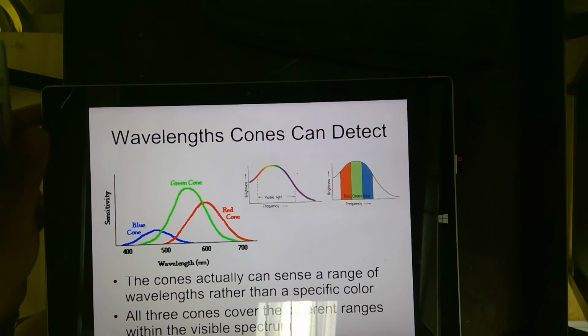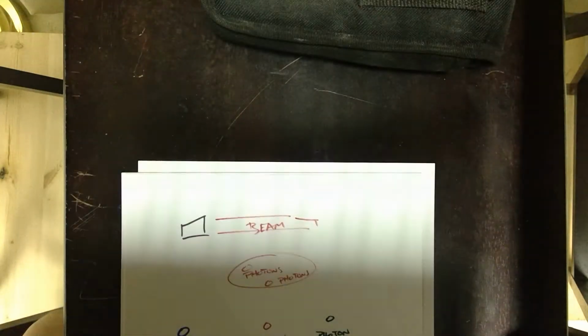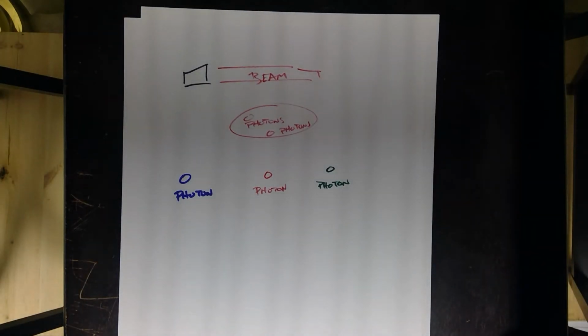And what they can do is they can project an image onto your brain, and you might see a certain color just based off of that. So in order to think about that, what we need to think about is maybe an object that's outside, and also what makes up light. So if we're thinking about light